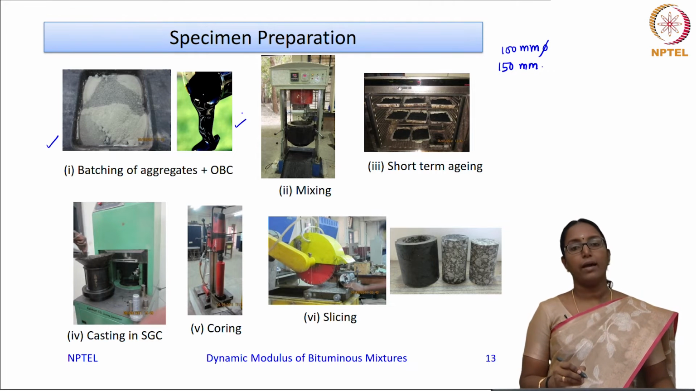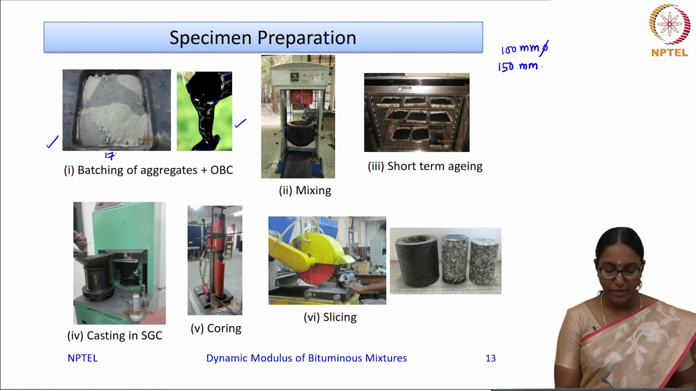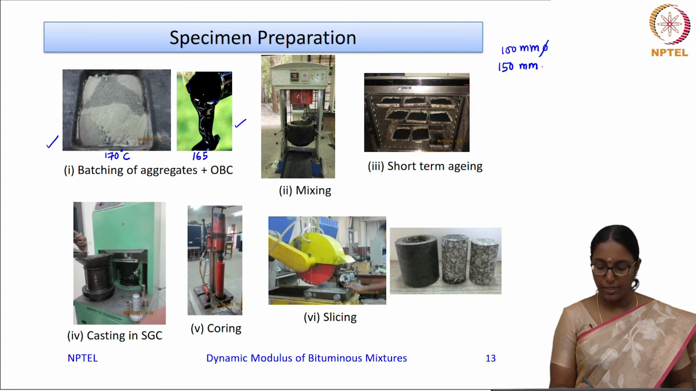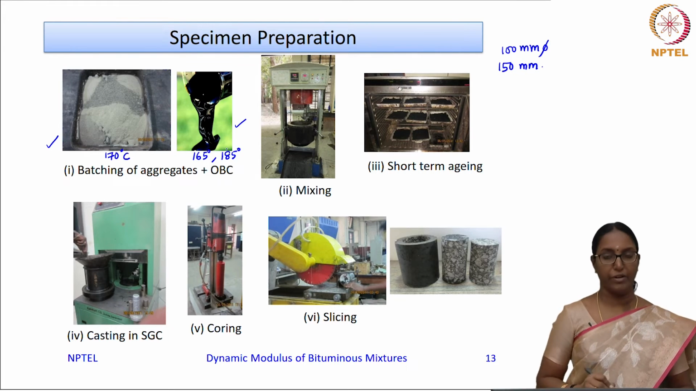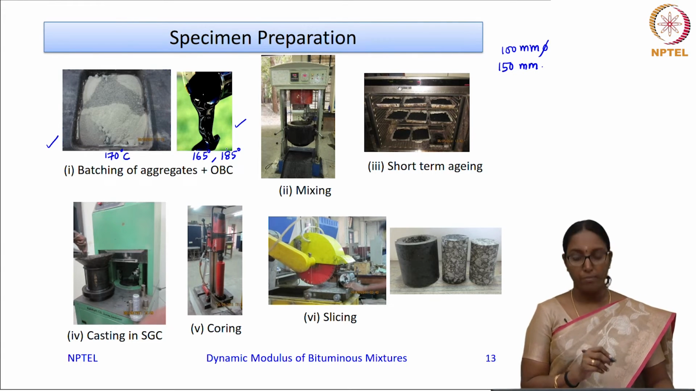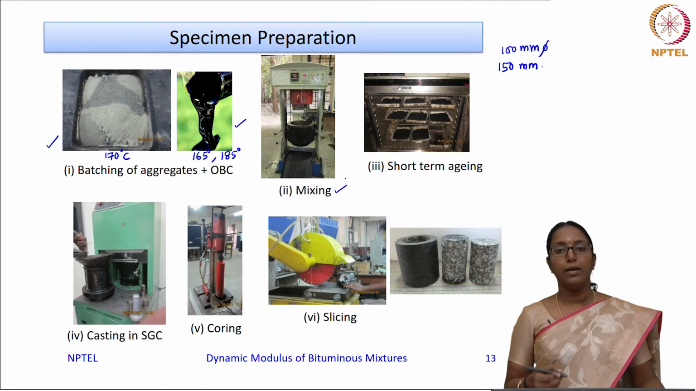the binder, and the aggregate as well as the binder has to be first heated. Say for example, aggregate heated at 170 degrees Celsius and binder at 165 degrees Celsius if it is an unmodified binder, or 185 degrees Celsius for a modified binder, and then they will be mixed either by hand mixing or you can go for machine mixing, and then the mixed material will be short term